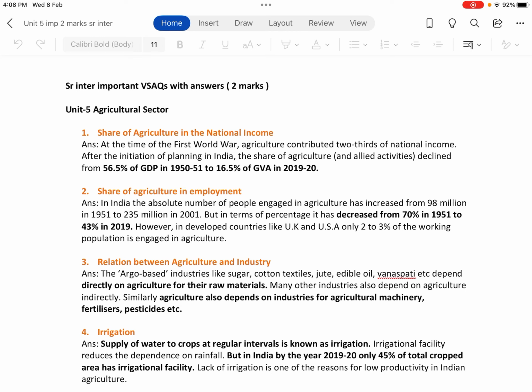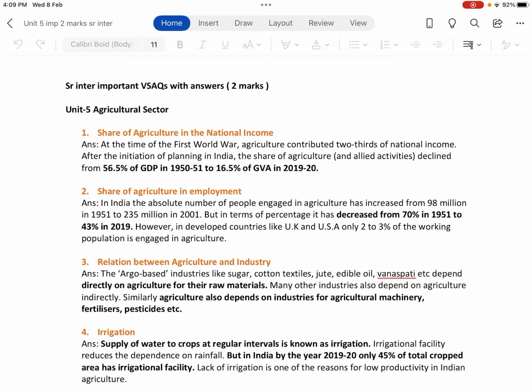So you can see that the share of agriculture in the national income has decreased from almost 55% to nearly 15% of the national income of the country. This is in accordance with the progress of the country. That means the share of other sectors has contributed more compared to the contribution made by the agricultural sector. In all the developed countries, this is what is happening. Once the country develops, the share of agriculture will decline and the shares of other sectors will increase. The same thing happened in India also.